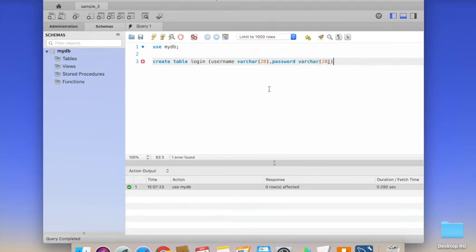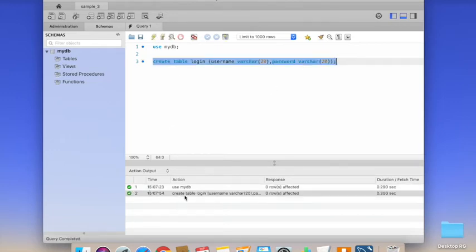Table with two fields, username and password, and execute this. Now the table has been successfully created in the remote RDS.